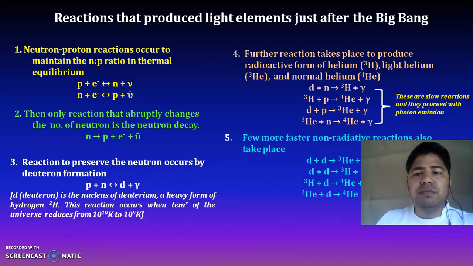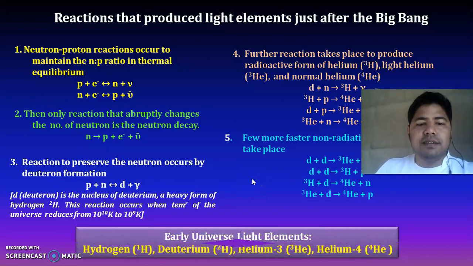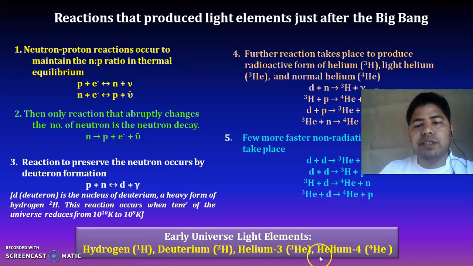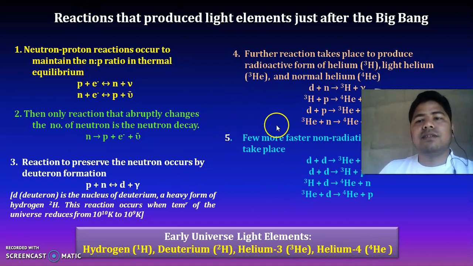So what we have seen is that the early universe light elements, which are composed of hydrogen, deuterium, helium-3, helium-4, etc., have been produced from these reactions. These reactions were only